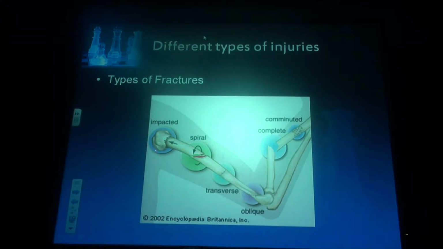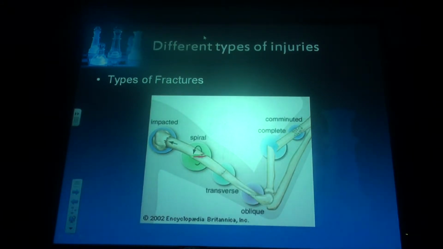Here's an impacted fracture. That's when the bone breaks and one end slides over the other. You have a spiral fracture, which kind of makes a twist up the bone. Transverse fracture, which cuts across the bone. You have an oblique fracture that goes more at an angle. Obviously, you're showing here, once again, a complete fracture or an open fracture where it comes through. And then you have, once again, your comminuted fracture, which is little pieces, little shards of bone.